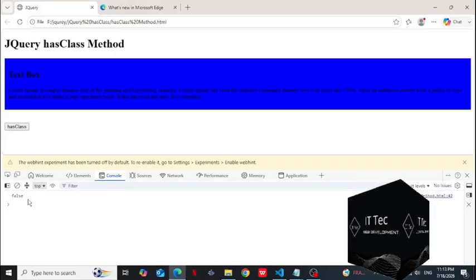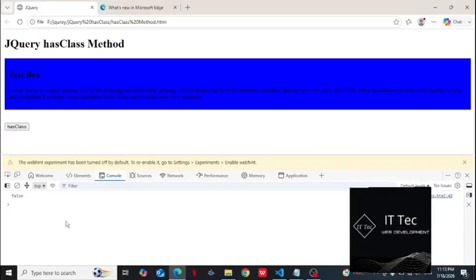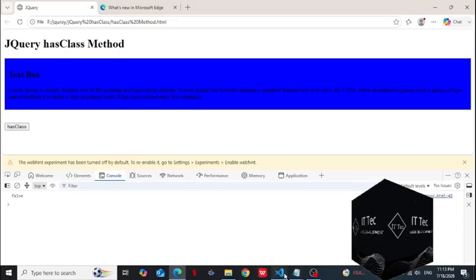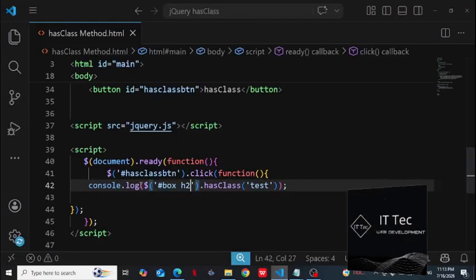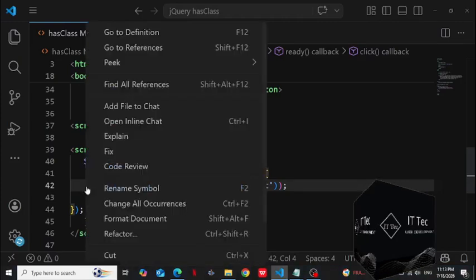For instance, let's say I apply the class test to an H2 element. I'll update the selector here to H2 and save the file. See, the result appears. And if I remove it,